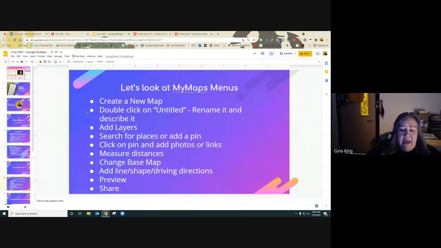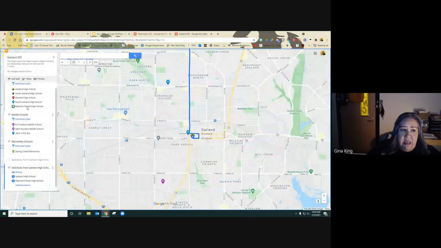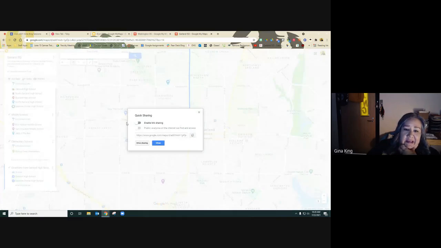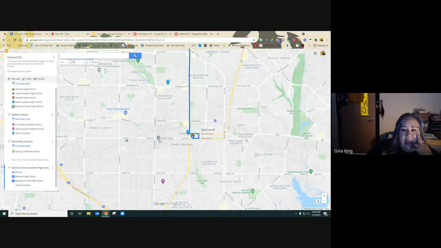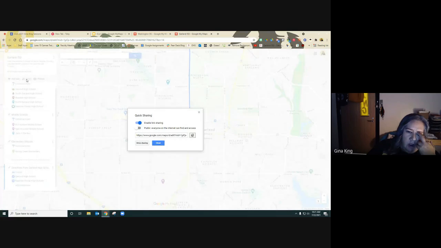So really a great tool to use with our kids. The way we can share it is you can enable link sharing. So, you copy your link and send it to somebody. The only thing that I've found that the drawback for me is